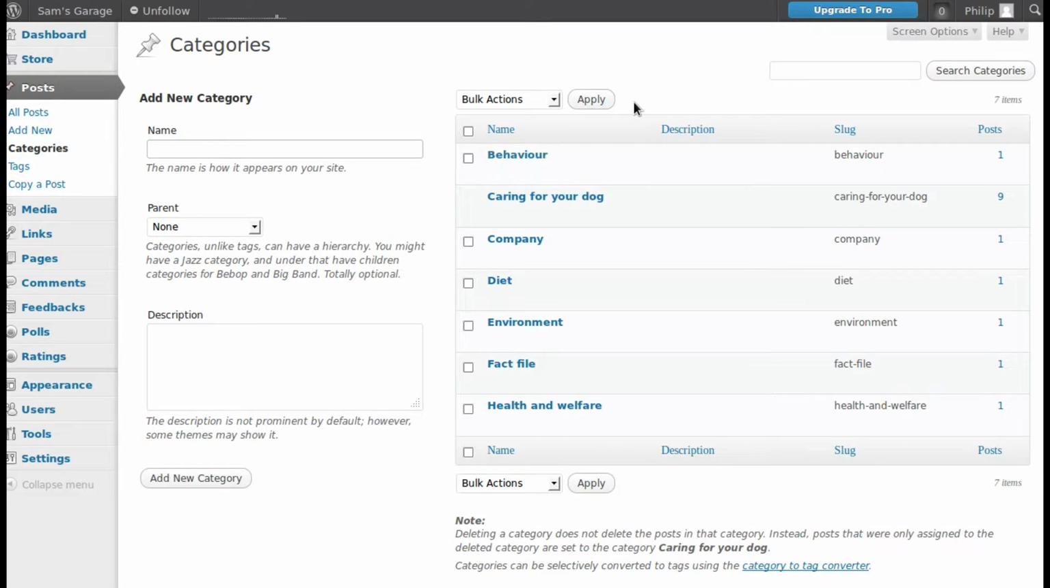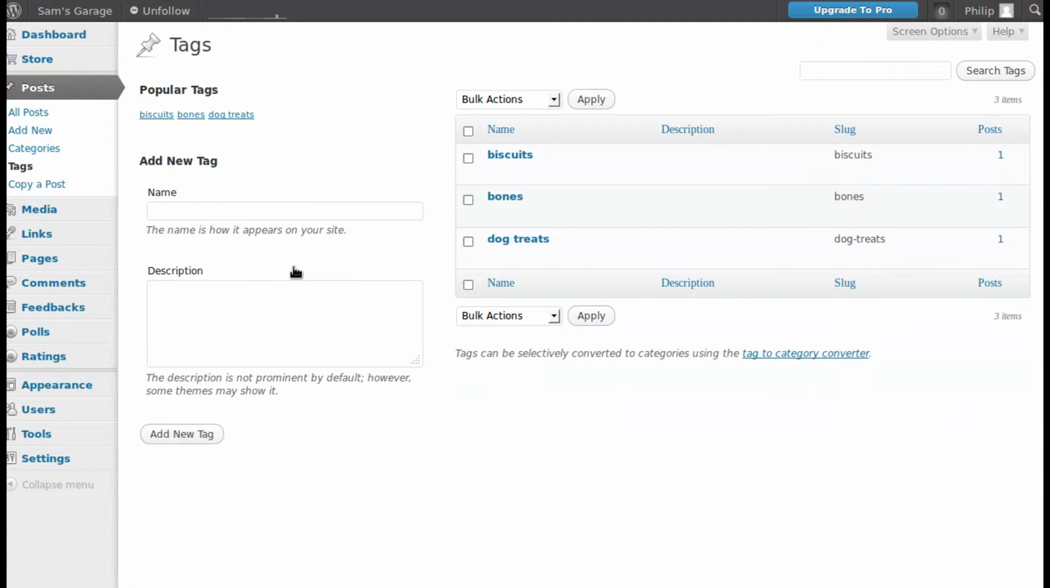Right, so that's how you add new categories. And you can add tags in the same way. So where it says posts, tags, just add a new tag. There you go. But most of the time you'll just add the tags and the categories as you're making posts. So if we go to post, add new,